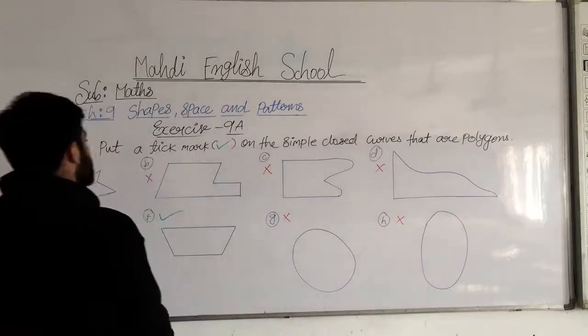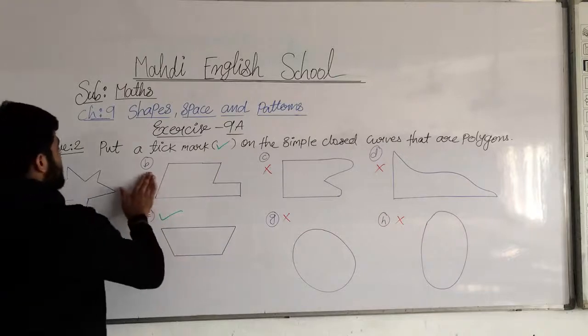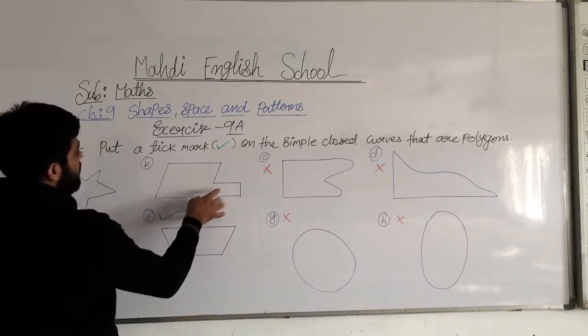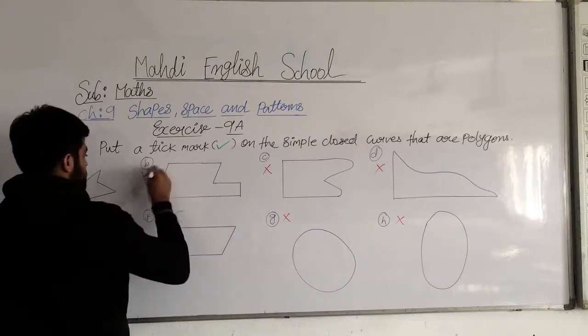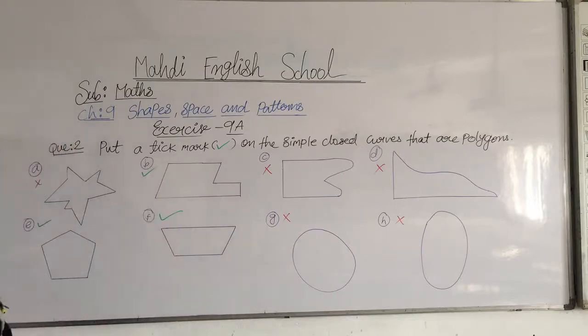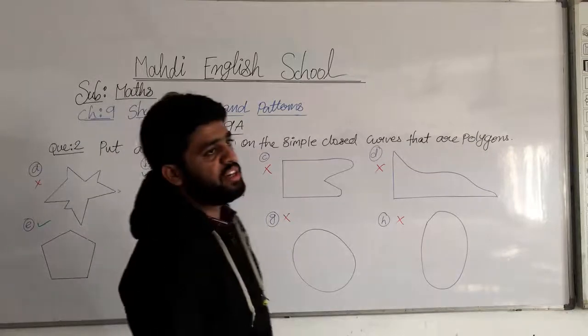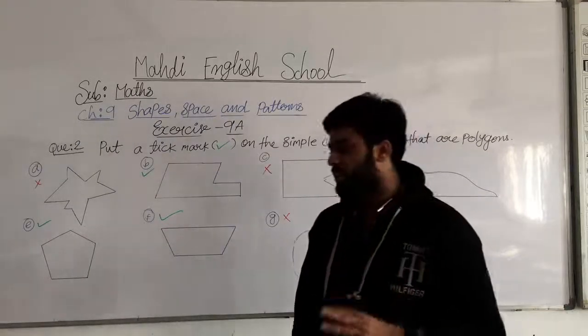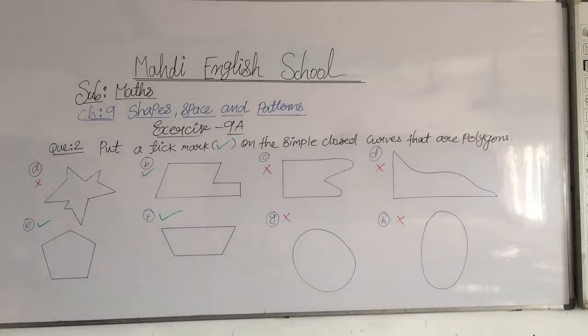Okay, my dear students, I hope you all understood what I am telling you. In question number B, by mistake I wrote here 1, 2, 3, 4. This is also a polygon, as it has many sides. I hope you all understood. Now you note down the answer, and then we will move on further to question number 3.